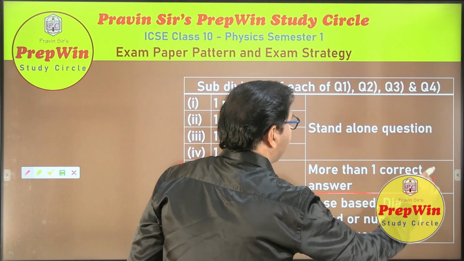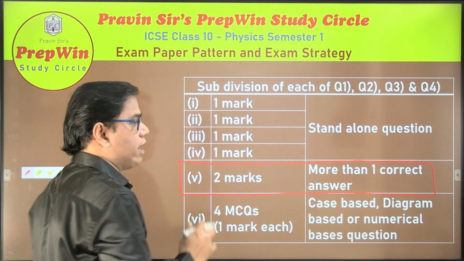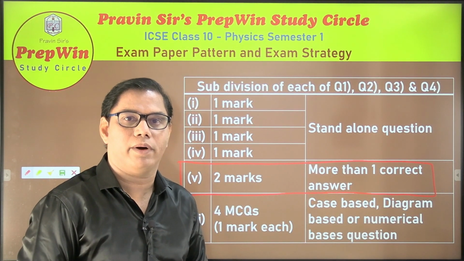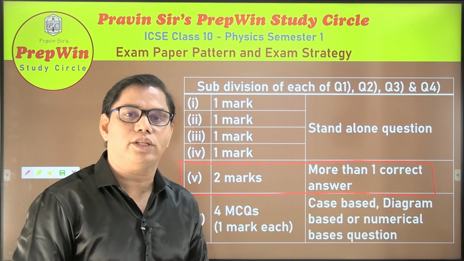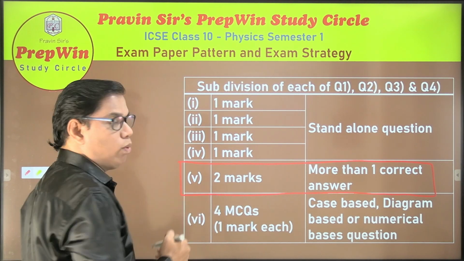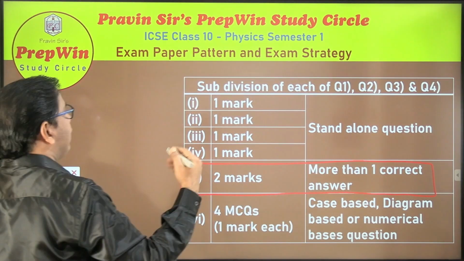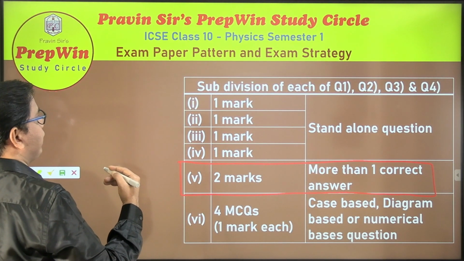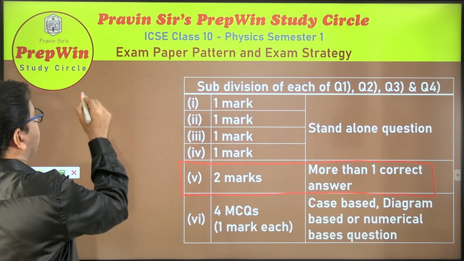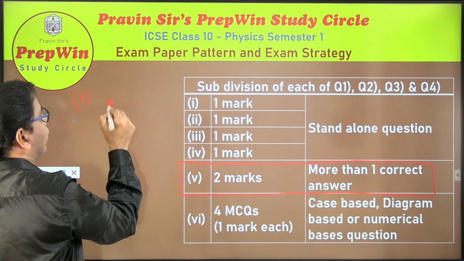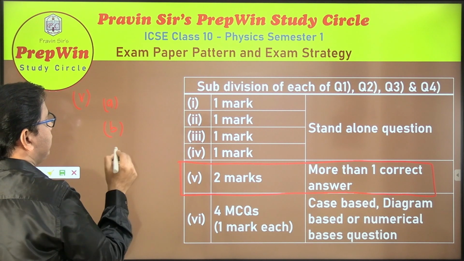The most I am worried about is the question number 5. And I am worried about this question. The reason is that when I have corrected the prelim paper, I have seen that even good students have lost marks over here. Why? Because they have more than one correct answer. In what manner is this question going to be asked? Say for question number 5, they will give you 4 statements, A, B, C and D.